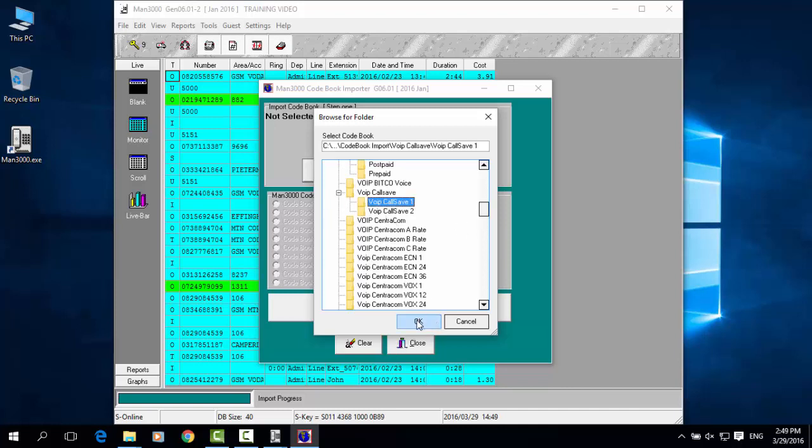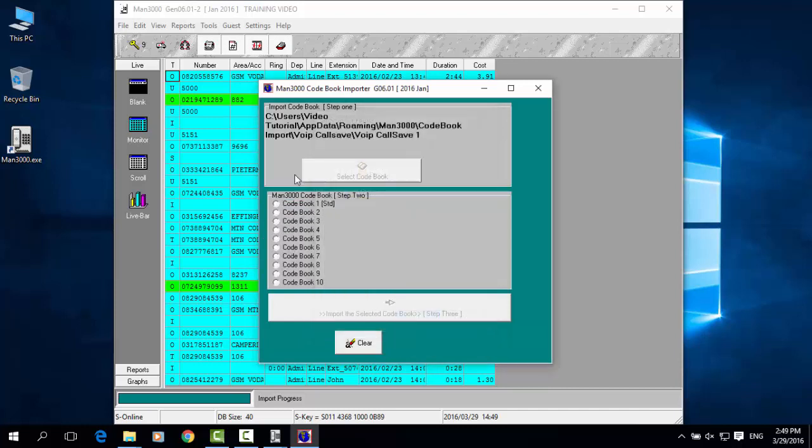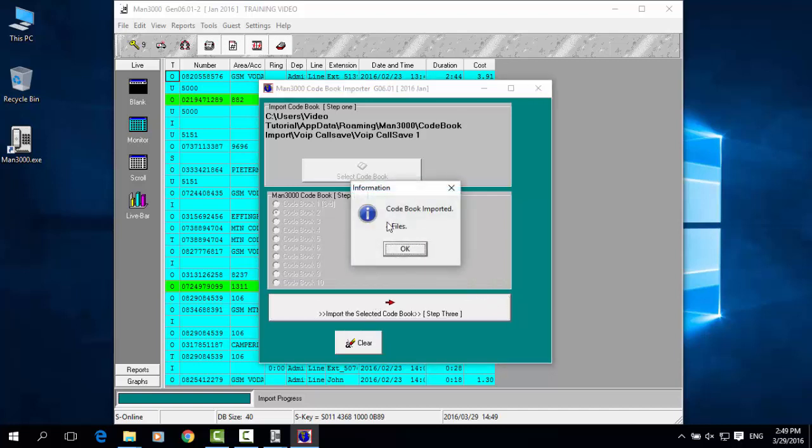Select the codebook that you want, click on OK, and you will then be able to assign it to a codebook position. If your client's only using one codebook, select codebook number 1. From there you can click on Import the selected codebook and you'll have a pop-up telling you that the codebook